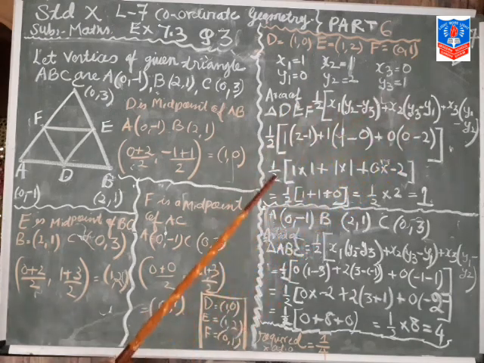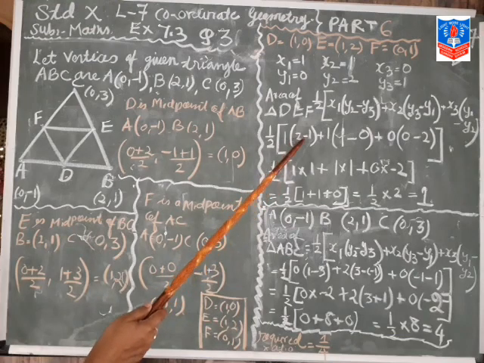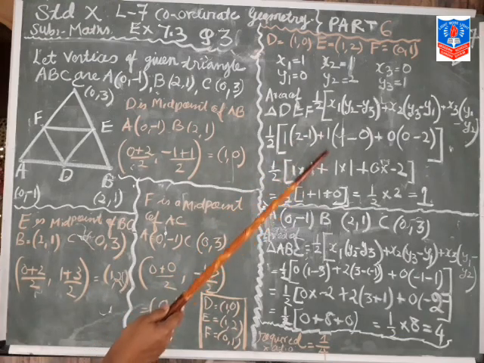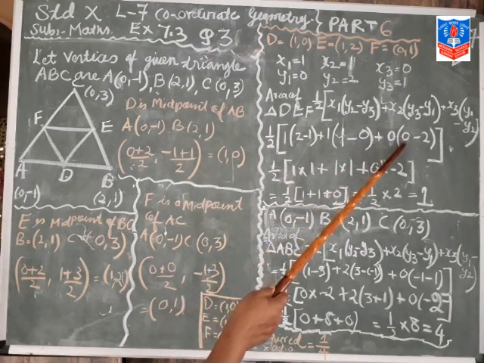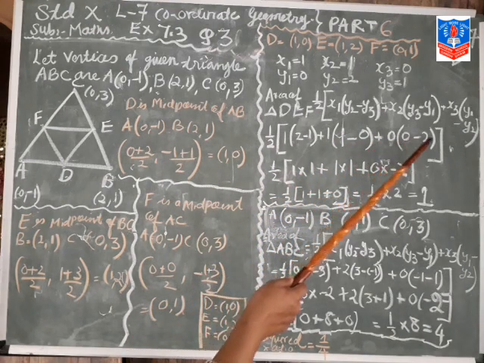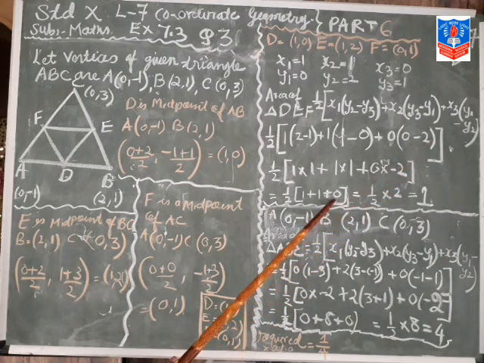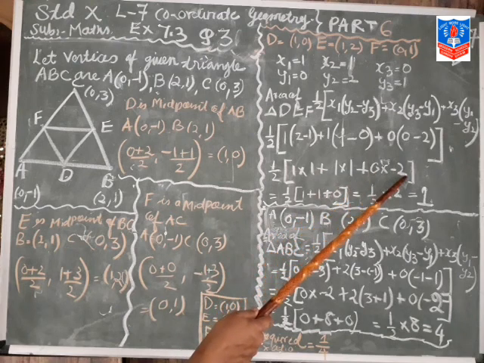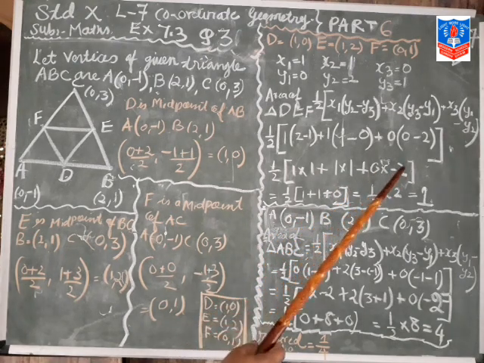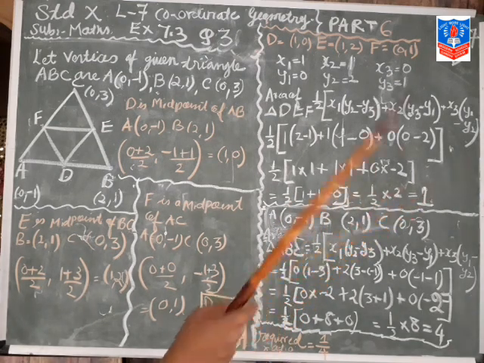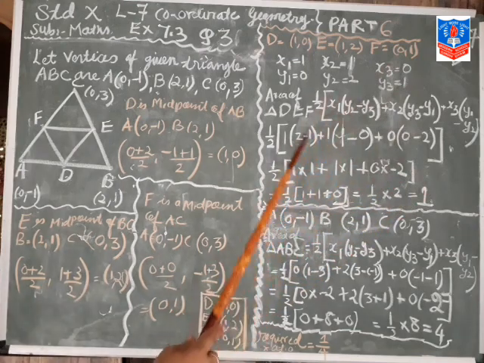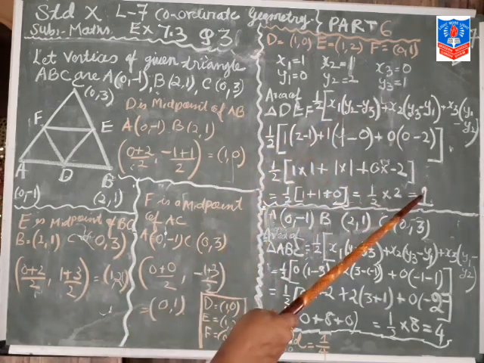Okay. So here half. 1 same. 2 minus 1 same, 1. Okay. 1 minus 0, 1. Here any number multiplied with the 0, that is 0. And 0 minus 2, that is answer is 0. 1 ones are 1. 1 ones are 1, and here any number multiplied with the 0, that answer will be 0. So half upon 2 into 2. So 2 2 cut. So answer is 1. Clear? So area of triangle DEF, answer is 1.